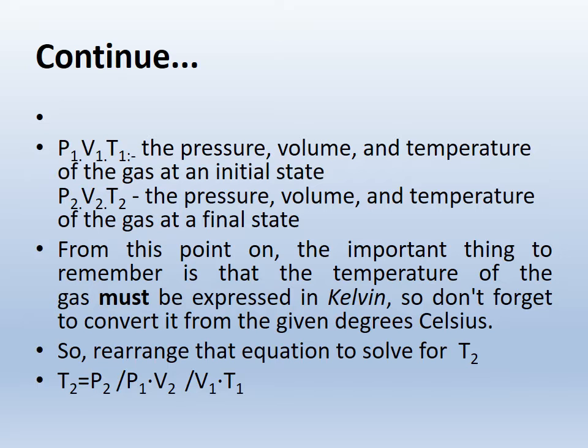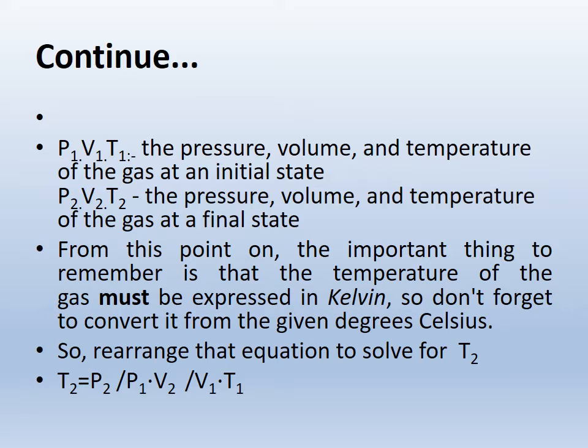What is our P1? What is our V1? What is our T1, P2, V2, T2? P1 is the pressure of the gas at initial state. V1 is the volume of gas at initial state. T1 is the temperature of the gas at initial state. P2 is the pressure of the gas at final state. V2 is the volume of the gas at final state, and T2 is the temperature of the gas